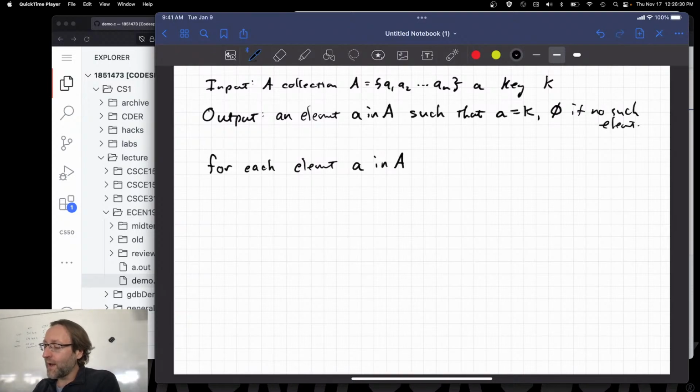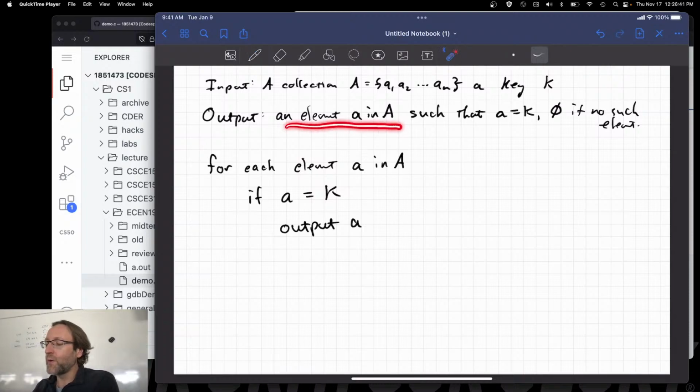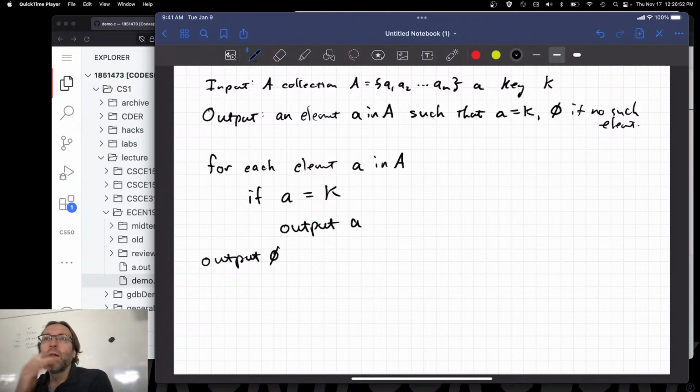For each element a in A, if a is equal to K, right? Then output a. Exactly what we promised to do. Right? An element a in A such that a is equal to K. Otherwise, if you get done with all of that, you output phi. Okay? Now, another